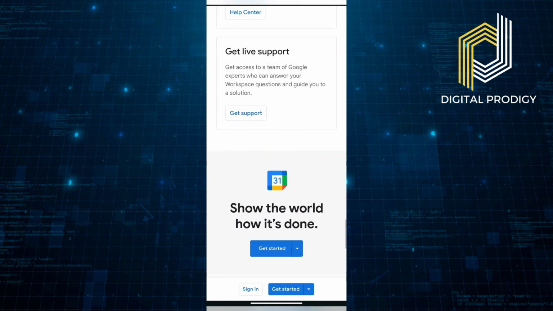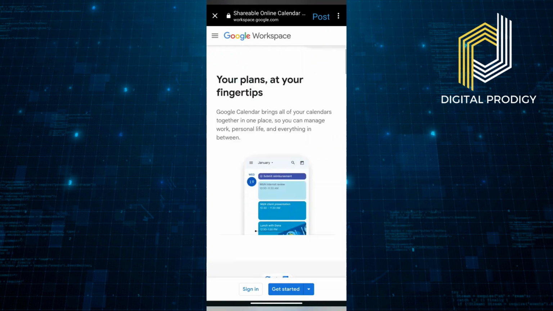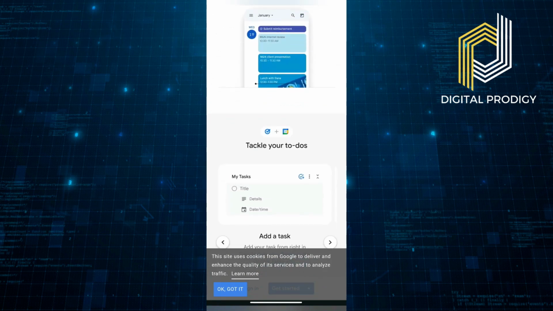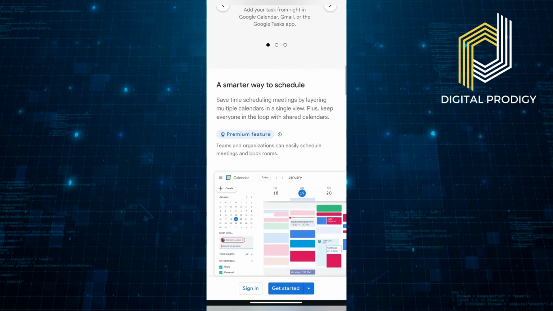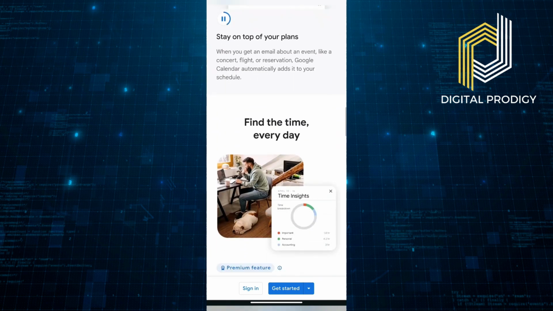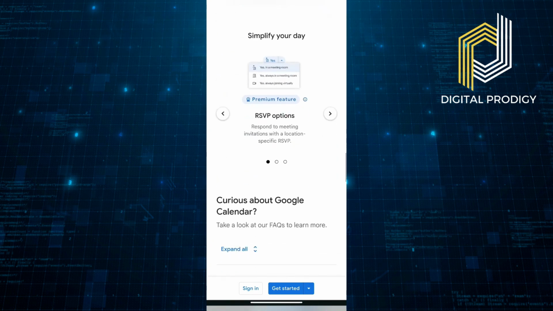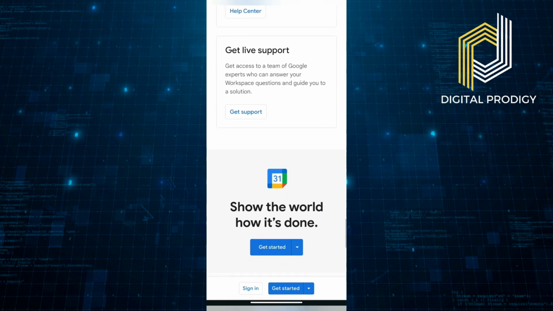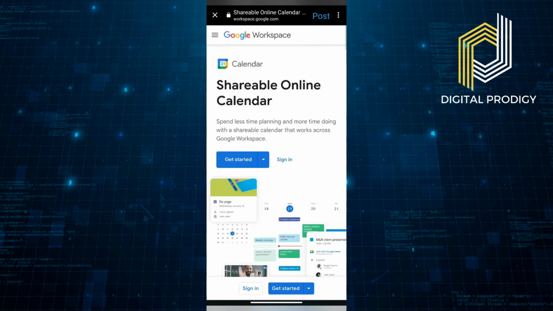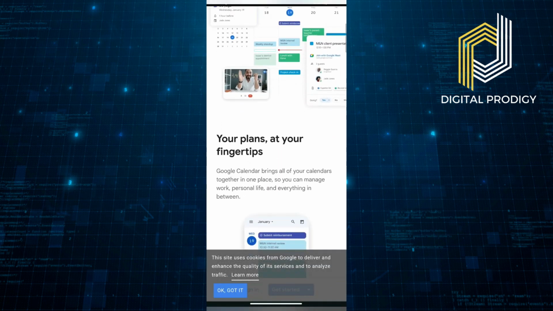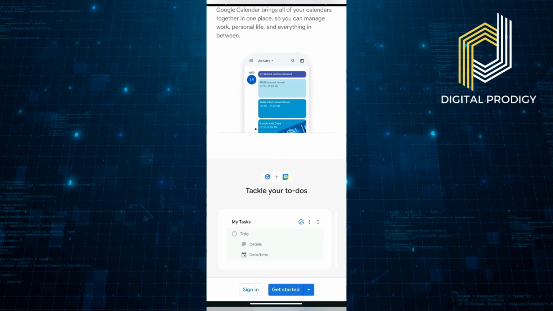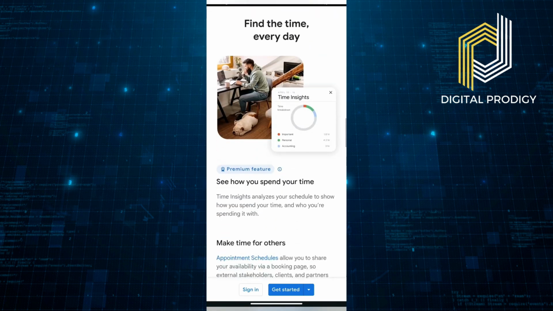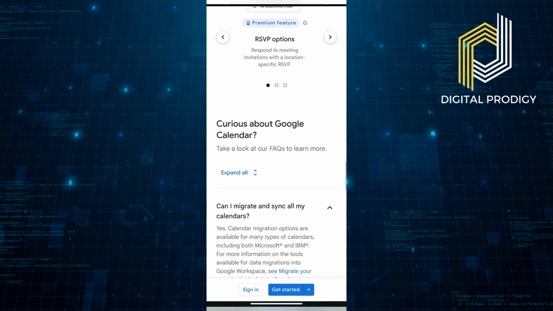Also, what distinguishes Google Calendar from all of the other ones is its integration with Google Suite, which offers you Gmail, Google Drive, and Google Meet. For those people who use the Google Suite ecosystem, this is something that is really useful. It's a really good app for people who are used to Motion but are looking for an